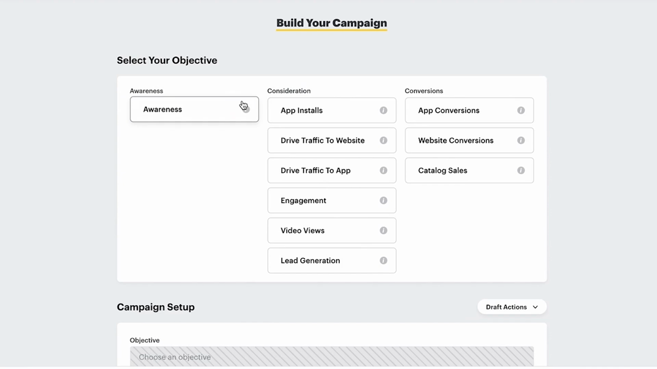Awareness ads will help build brand or product awareness with new customers. App installs will drive people to download your app. With the traffic objective, you can drive traffic to a website of your choice like a landing page or a product page. The engagement objective gets more users to engage with your advertisement. Video views will promote your video ad. Website conversions will track meaningful interactions on your website like purchases, and catalog sales will display a catalog of your